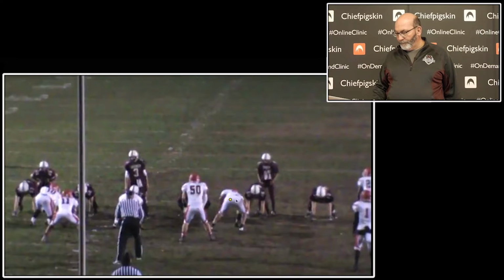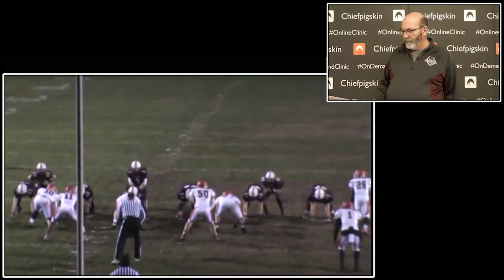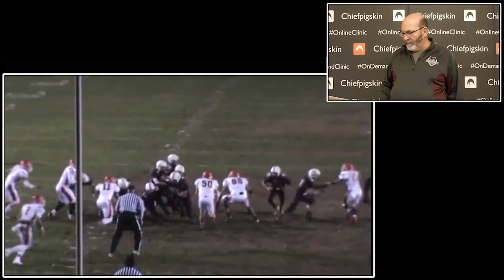Here's the read, and there is no pitch. Okay, so we're going to outblock here. This tackle that you can't see is going to come up and block the safety, I believe. If I'm wrong and that guy comes in here, don't shoot me. But I believe he's going to block out. As he does,